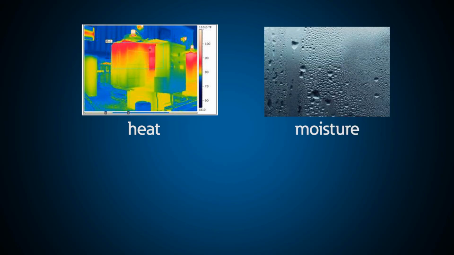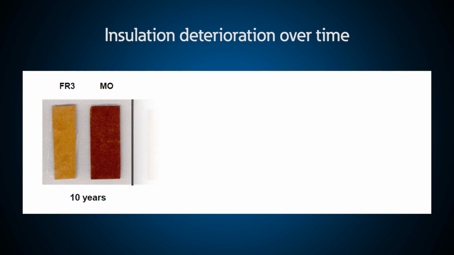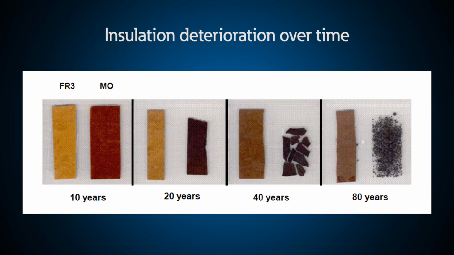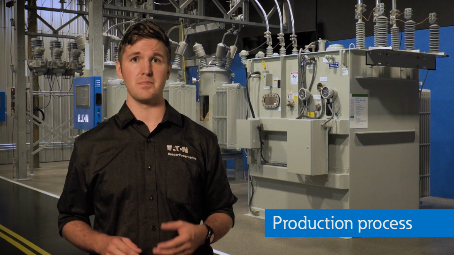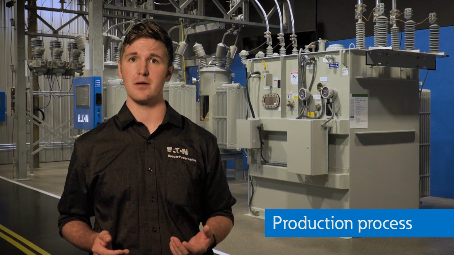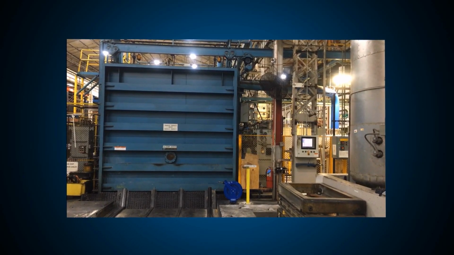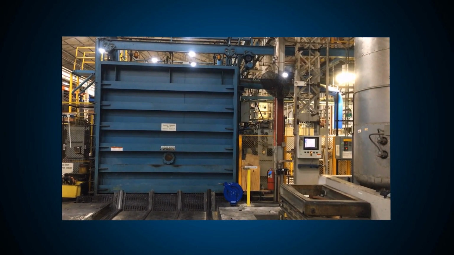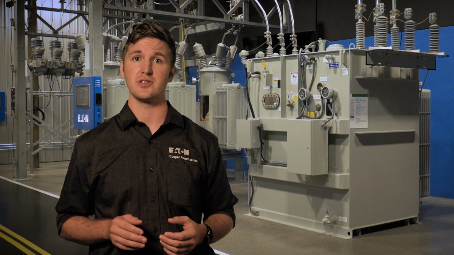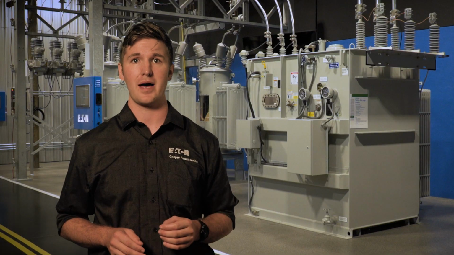As the insulation paper is subjected to heat, moisture, and oxygen, it deteriorates, becoming more brittle over time. This deterioration is one of the main causes of transformer failures. Modern production processes minimize the exposure to moisture and oxygen by controlling the manufacturing environment and drying the insulation in a vacuum chamber prior to submersing it in the dielectric. Removing the moisture as a variable leaves the heat generated by the transformer loading as the prime impactor to transformer